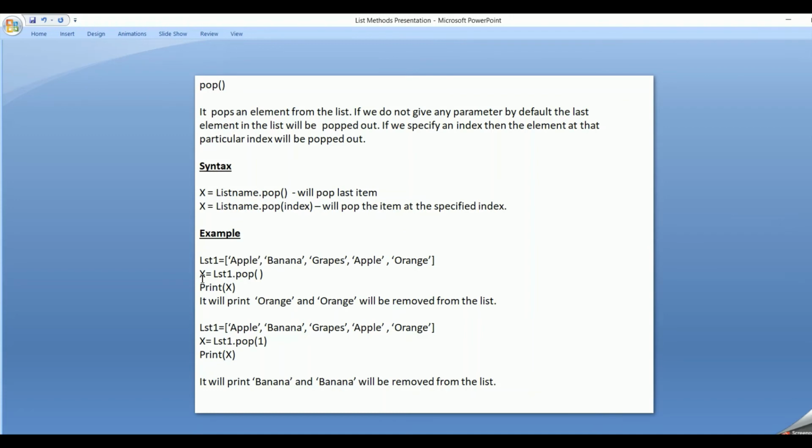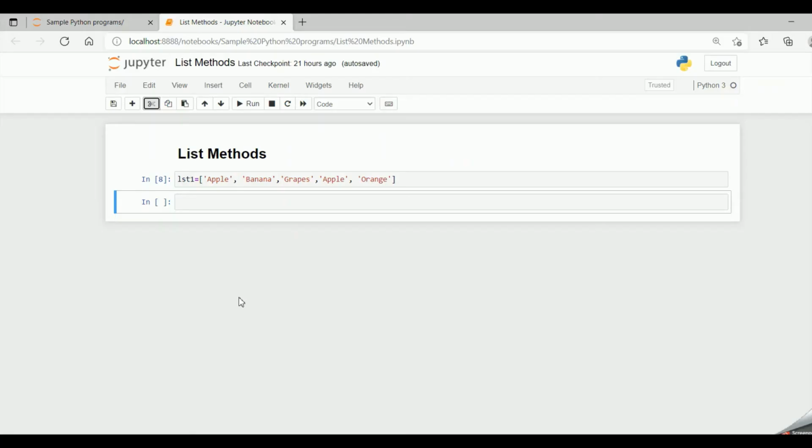So x will have the popped item, that is orange, and orange will also be removed from the list lst1. So if I say x equal to lst1 dot pop and I don't give any value, then by default x will pop out orange. Pop will pop out orange from the list, and also it will remove the orange item from the list.